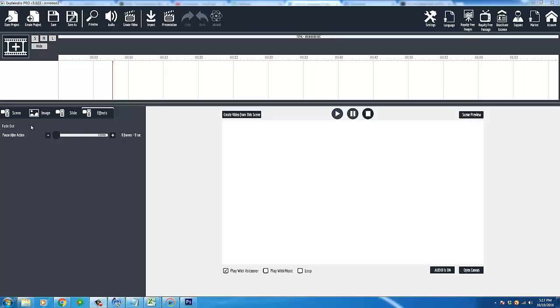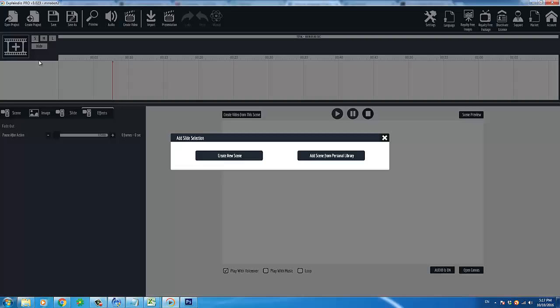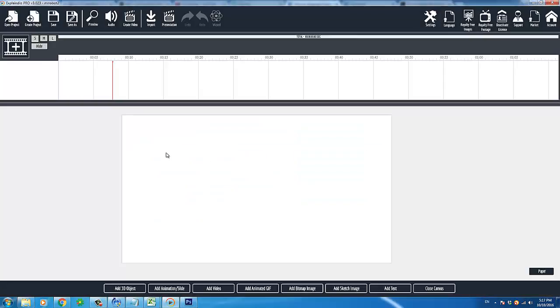So let's go ahead and get started. Obviously, we are looking at a blank canvas right now. I've already created the project and given it a name. So we can go ahead and get started and add our first scene. All right, so first thing I want to do